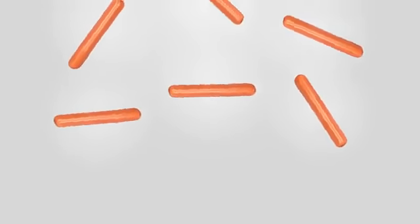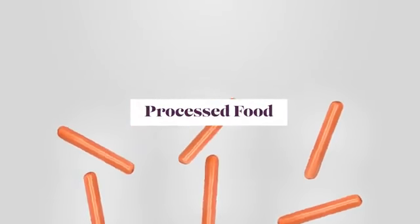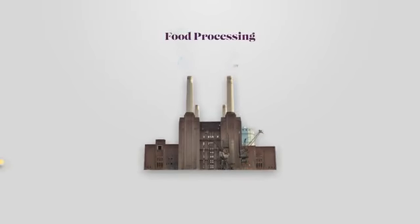One of the biggest problems with the typical Western diet is the fact that much of our food is refined or highly processed. The refining process removes important nutrients like fiber, iron, and B vitamins, and this is done by food manufacturers for two reasons. Firstly, it's to give the end product a softer texture, and secondly, it's done to extend the shelf life of